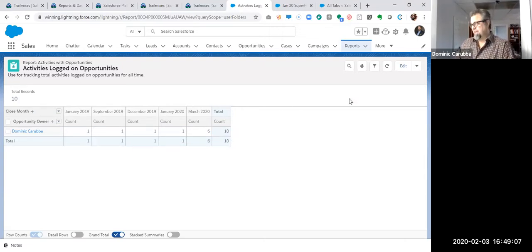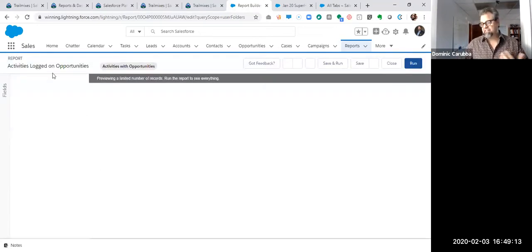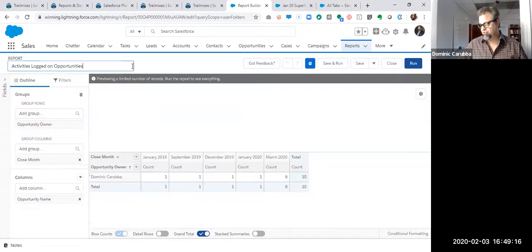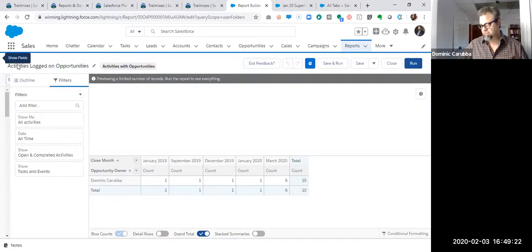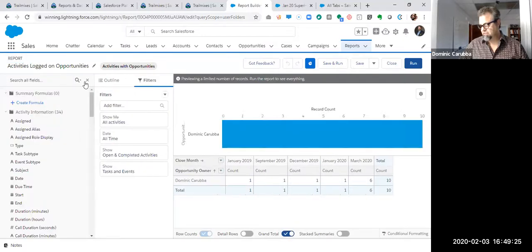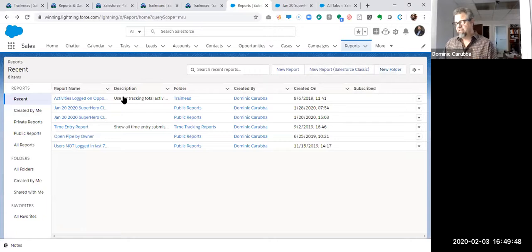There's one more kind of format called the join report, which we're not going to cover right now, but it's another kind of report, and I'll show you. Where is it in here? It's not in this one for some reason, but I'll show where it lives. I don't know if it might be this report. It's not, because I don't have the account in there. Anyway, I'll pull up something. I'll show you a join report. A join report's another format that basically takes several reports and joins them together. It's an ugly report used for ugly things. So I'm going to close this and just show you that